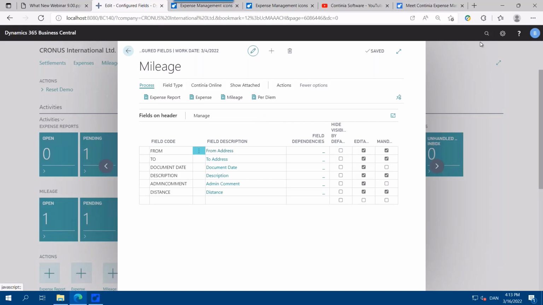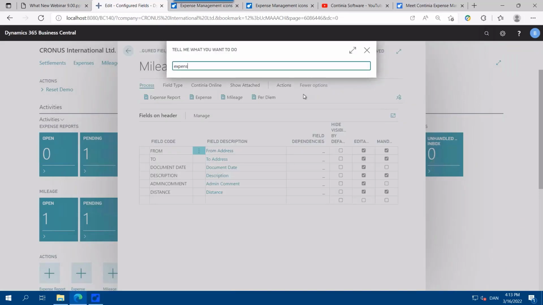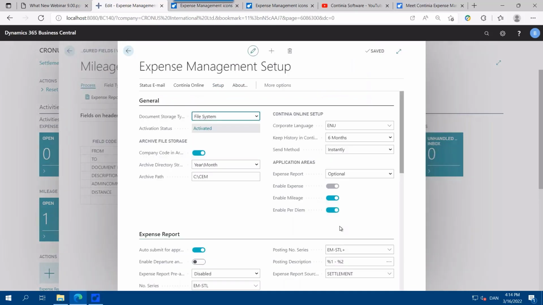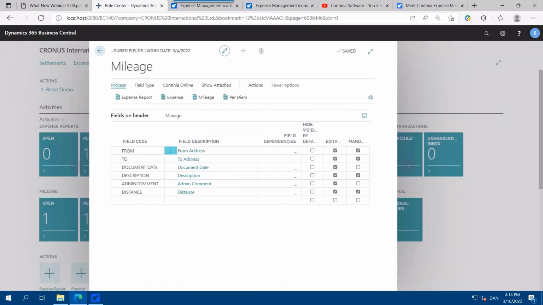And the other thing with this is that what shows here on the configured fields depends on what you've set up in the expense setup page. So here in the beginning and then under general, you simply add the application that your customer is working on. So if you enable the mileage or disable the mileage and the per diem, this area will not show for the expense user. And again, if we disable it here, then it will be